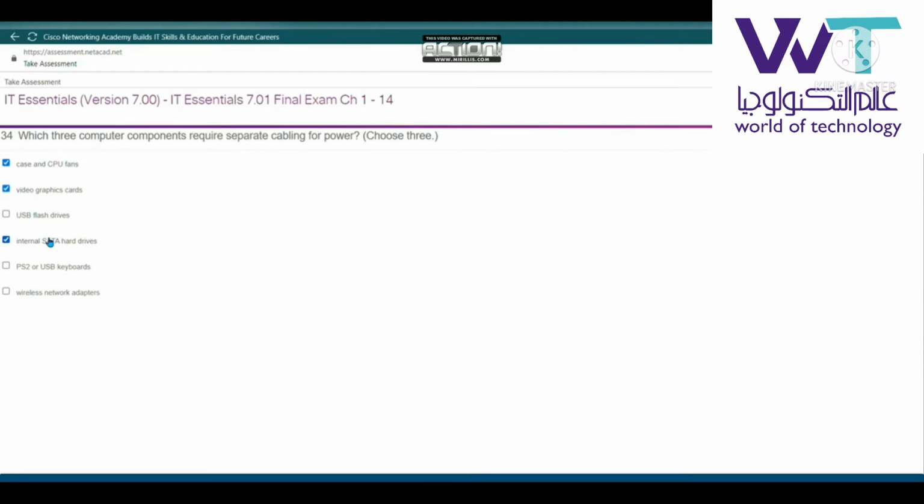Which three computer components require separate cabling for power? Choose 3. هتبقى الكيس and CPU fans، الفيديو جرافيك كارد والinternal SATA hard drive. السؤال اللي بعده